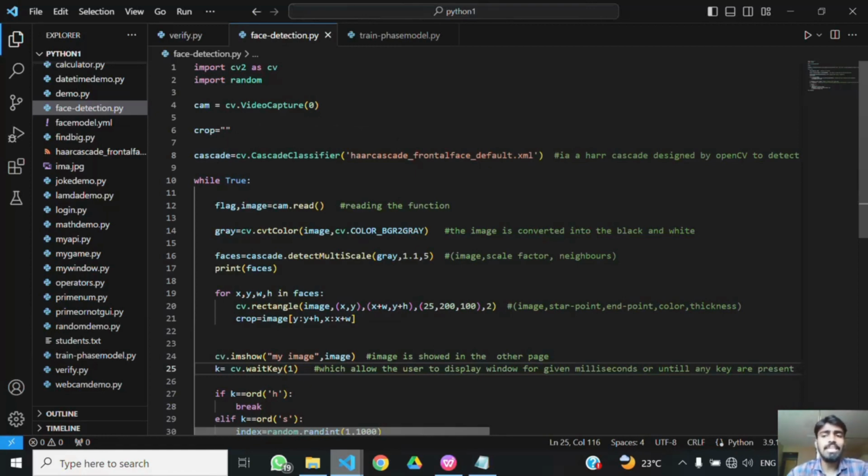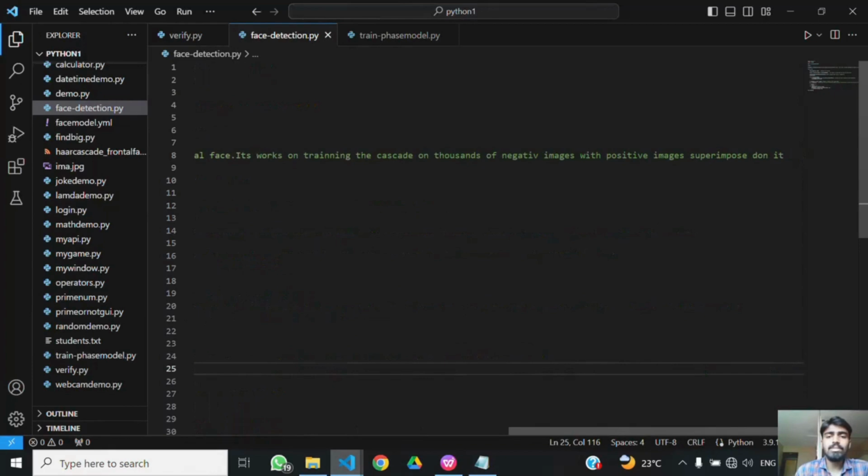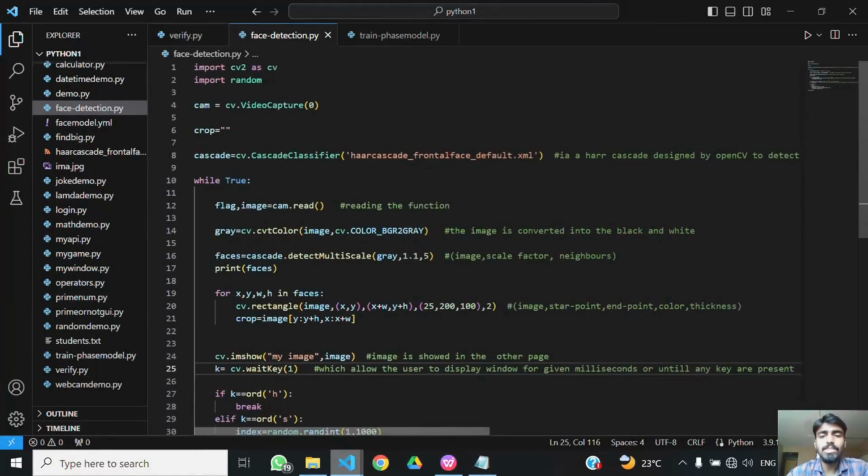This is a Haar cascade designed by OpenCV to detect the frontal face. It works by training cascades on thousands of negative images and positive images. The negative and positive images are superimposed on each other, and once trained, the face, the object, is detected from the image. So we are writing a while loop